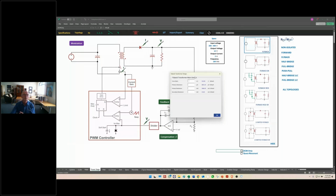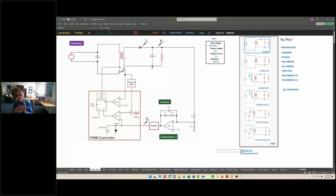And now we look at we want DCM only right here. Okay, see where this is. And continue. And then we'll take a look at our output voltage. Here's our output voltage, and it's like, oh, it's not there. Because I stepped so much down with the Flyback with that 30-to-1 transformer, now